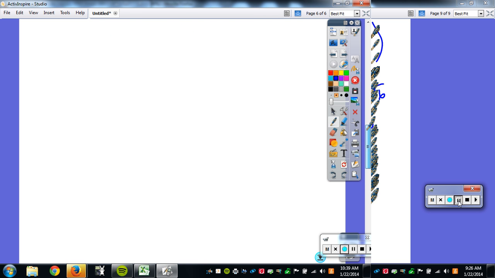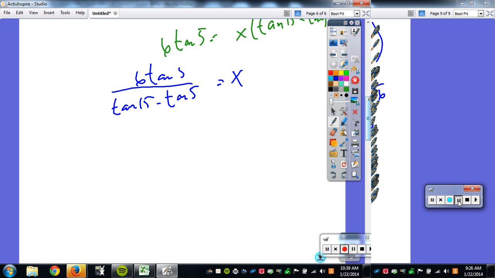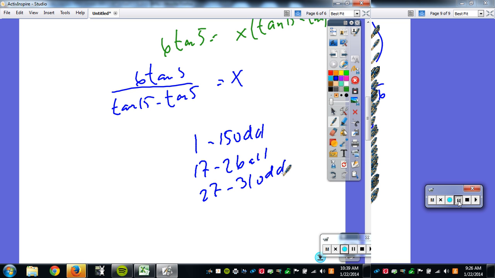Okay, here we go. Homework is 1 through 15 odd, 17 through 26 odd, 27 through 31 odd, I'm almost there, 43 through 61 odd, and then 65 and 68. Okay, this is on 4-3. I will finish this problem if you